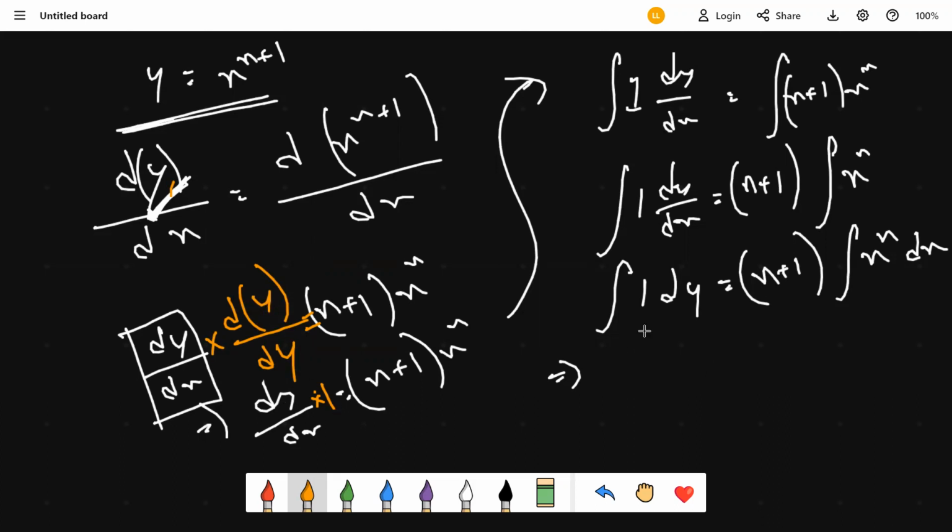Now if we then integrate 1 with respect to dy, we should get what? Y, isn't it? Isn't it exactly the inverse, the opposite of each other? We differentiate y with respect to itself, and we get 1. That means if we integrate this 1 with respect to y, we should get y, isn't it? Integrating something with respect to y should give us a term of y,